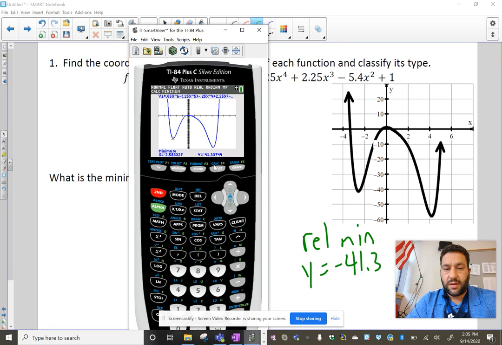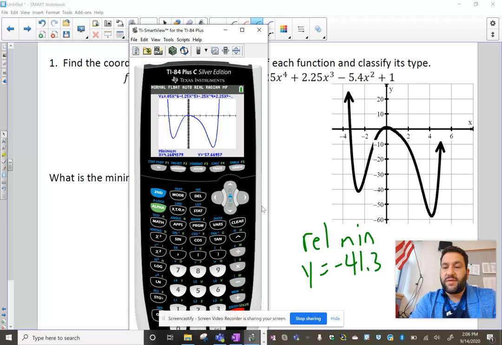So we go second, calc, go to min again, option 3, move our cursor all the way over. Takes a little bit sometimes. Stay to the left of the point. Hit enter. Then we go to the right of it. Hit enter again. Make sure we don't leave it on guess. So enter one last time. And we see that we have an absolute min at negative 57.6. So absolute min,